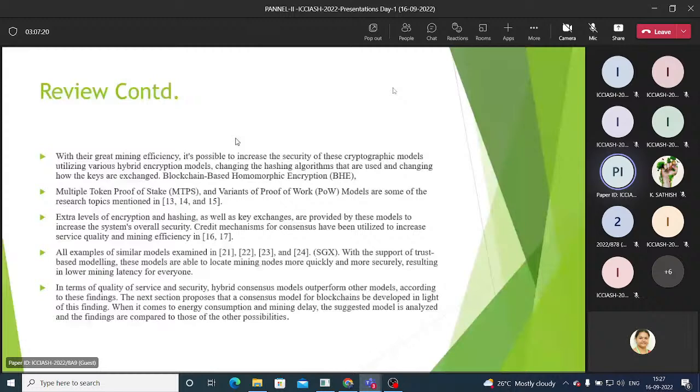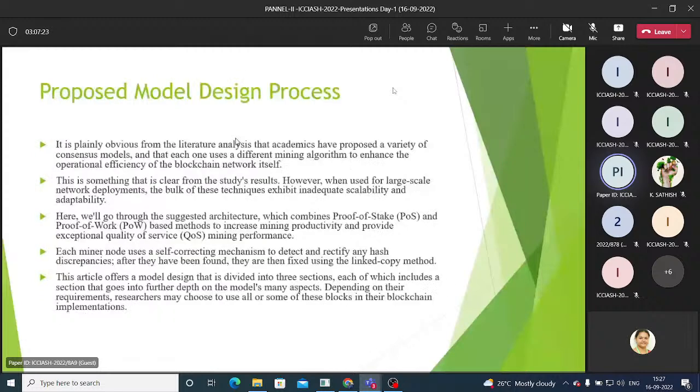So, the proposed model designing process: it is mainly obvious from the literature analysis that academics have proposed a variety of consensus models, and that each one uses a different mining algorithm to enhance the operational efficiency of the blockchain network itself. That is something that is clear from the study results. However, when we use them for large-scale network development, the bulk of these techniques exhibit limits in scalability and adaptability towards the growing technologies, the growing data, the growing network. So here, the architecture which I proposed in my paper combines the proof of stake and the proof of work